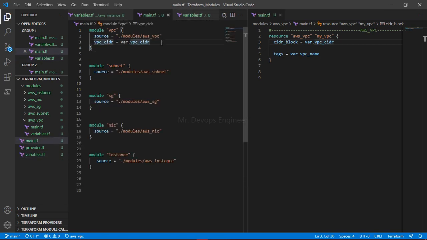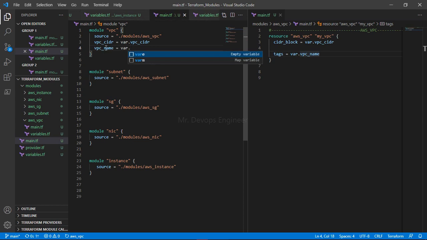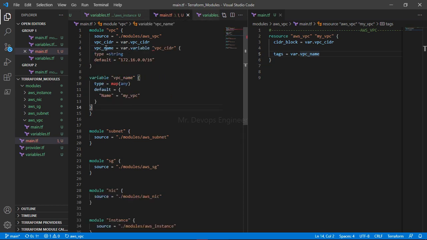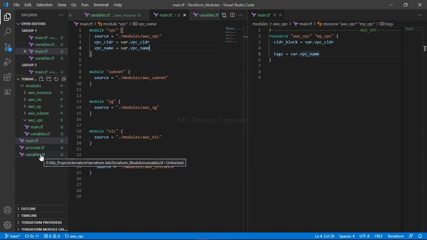And again, the second variable you have to pass is the VPC name, so vpc_name equals var.vpc_name. The same variable I have defined here as well, in the variables.tf, correct?